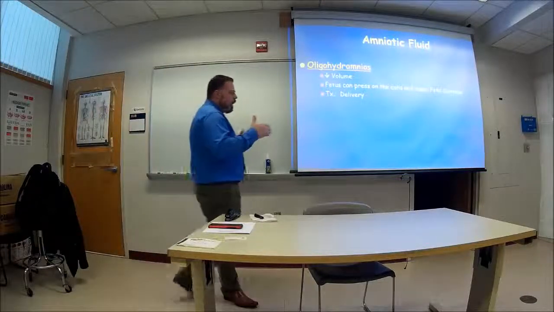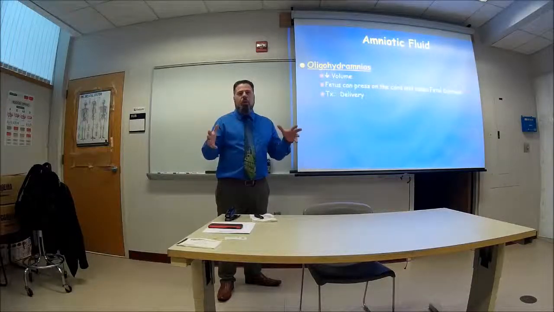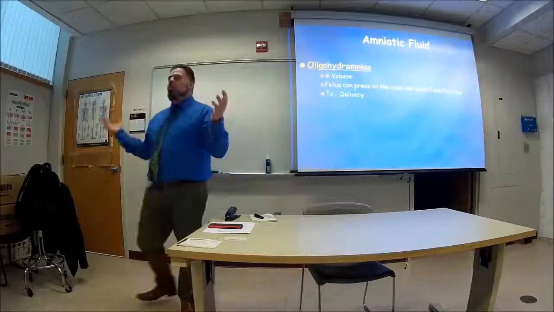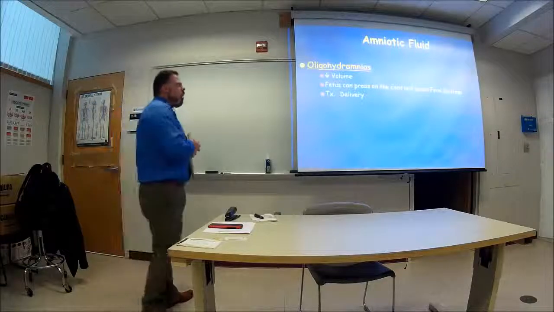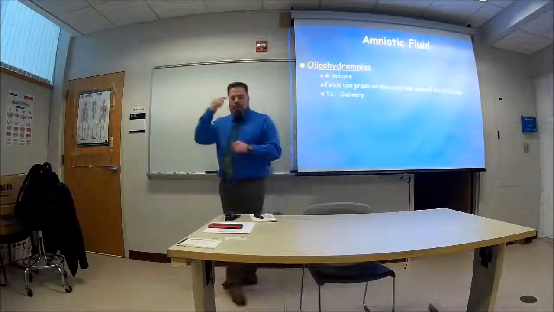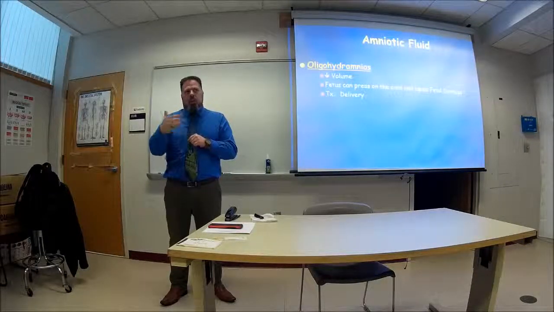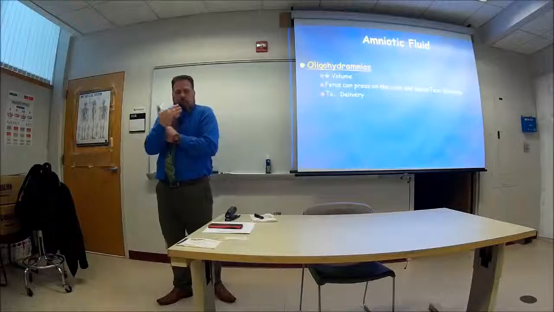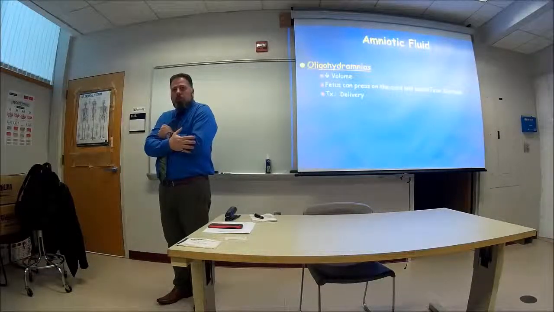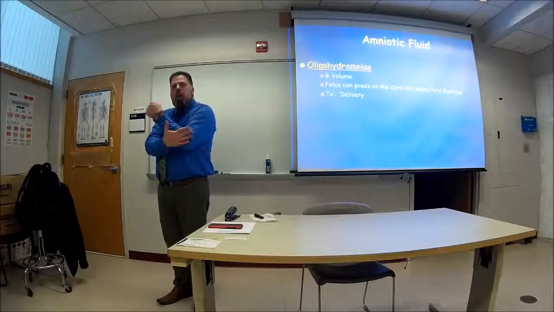But as the pregnancy gets further and further on, the baby's getting bigger, and there's going to be less fluid around the baby. So we call this oligohydramnios. What we're concerned about is that normally that umbilical cord is floating around the baby. If there's less fluid there, now the umbilical cord is right against the baby's arm. If the baby moves just a little bit, it will compress on that